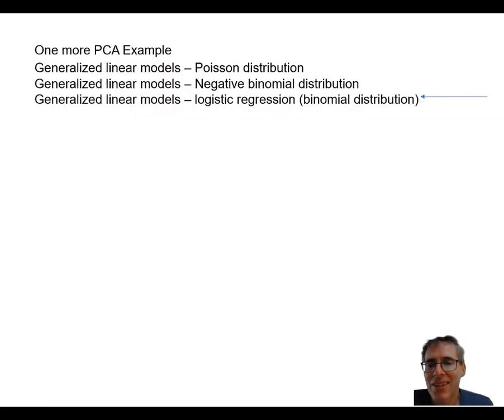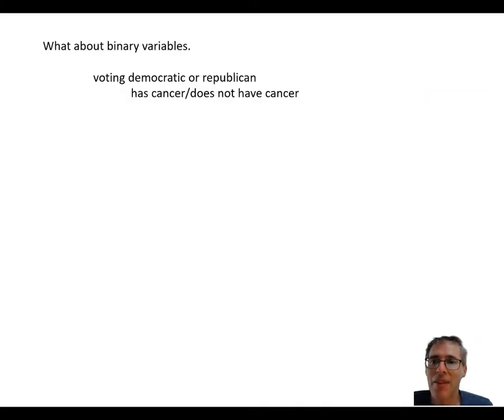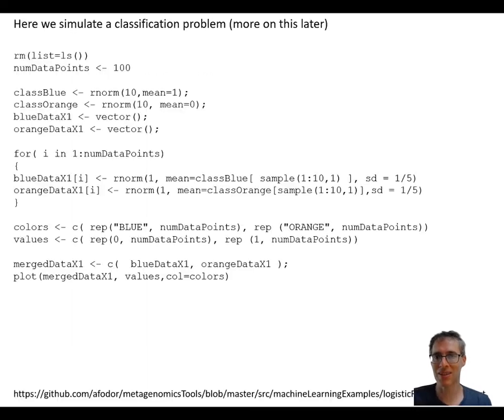So the last generalized linear model that we'll look at is logistic regression. And logistic regression, instead of using the Poisson distribution or the negative binomial distribution, uses just the binomial distribution. This distribution is very useful for modeling binary variables, like whether someone is voting Democrat or Republican, whether they have a disease or do not have the disease. So when you want to put a binary value of 1 or 0 on the y-axis, logistic regression is